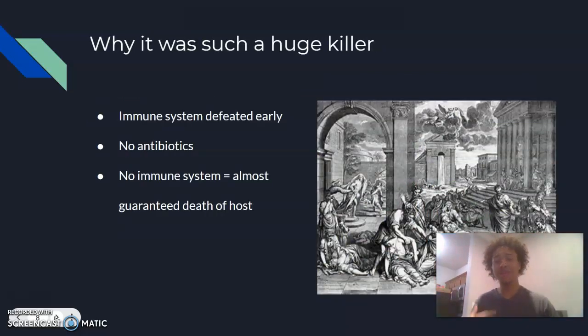With the immune system being defeated so early on upon initial infection, combined with the fact that there were no antibiotics during this time period, there was nothing people could do. That was why this disease was such a killer. It had defeated your immune system and you didn't have antibiotics, so there was nothing to deter this bacteria from just running rampant through your body. So no immune system almost guaranteed the death of the host. But fortunately enough,